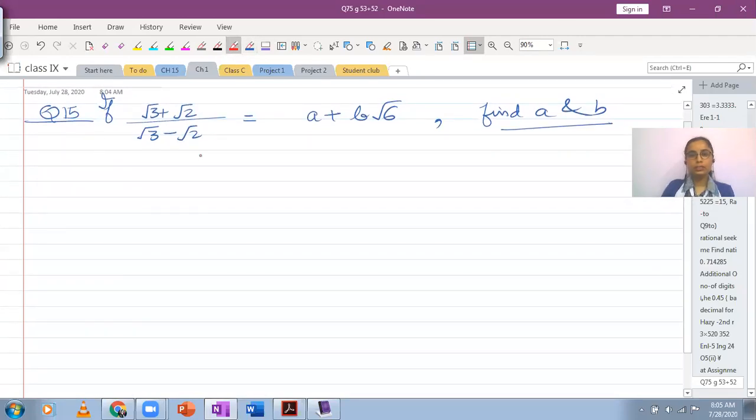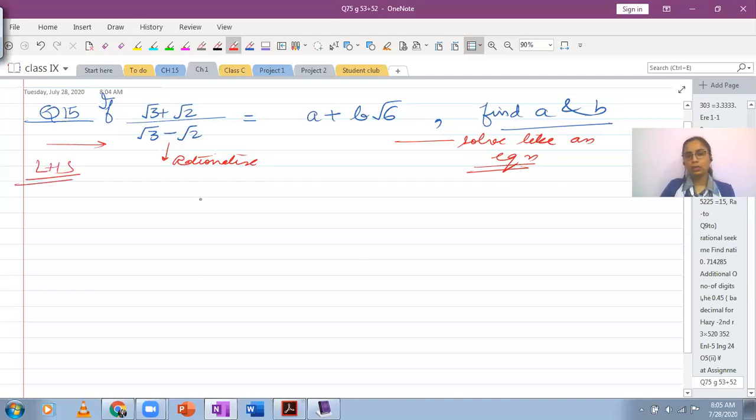Since I'm discussing this with question number 5 of the exercise, I want to rationalize the denominator. This will be solved like an equation. जैसे आपके पास equation होती है, on one side you have a variable, you want to find its value. This is how we want to work with this, like an equation. You could keep both sides together, meaning you can work with LHS and RHS side by side, or you can just focus on the left hand side for the time being, and then we can come back to the equation given to us.